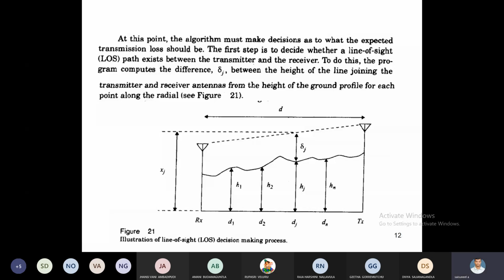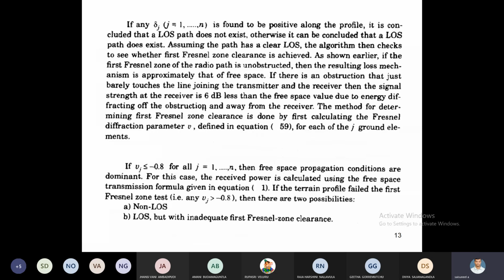Right. Here, once it is completed, you see this one. Here in this, we have to increase the antenna height. Nothing but, all of you know the Fresnel zone geometry in the diffraction model. Here the Fresnel zone depends upon the n value, n equal to 1, 2, 3, 4, like this. For a good line of sight path, n equal to 0. For small obstruction, n equal to 1.